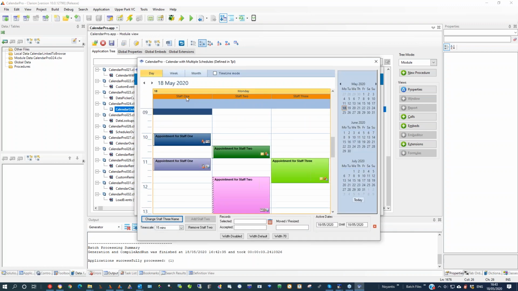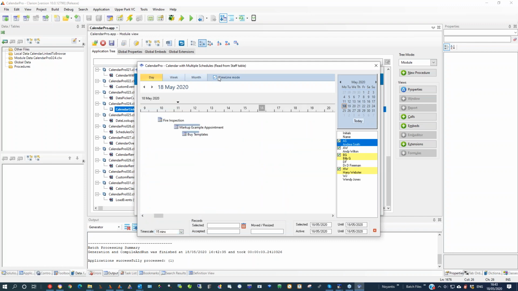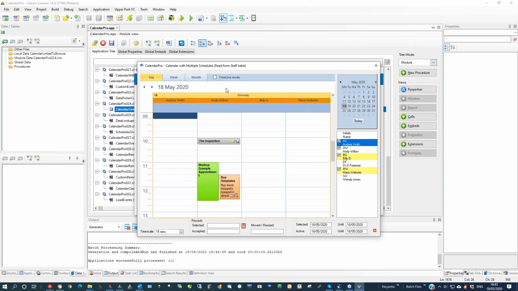You can have multiple schedules. Here we can see staff 1, staff 2, staff 3, and I think there's an example where we actually have them from a table. That's great, but if you look at that in a timeline mode, you don't really see which staff. You've just got content and so on. So it doesn't really lend itself to that. Now, to go with that,